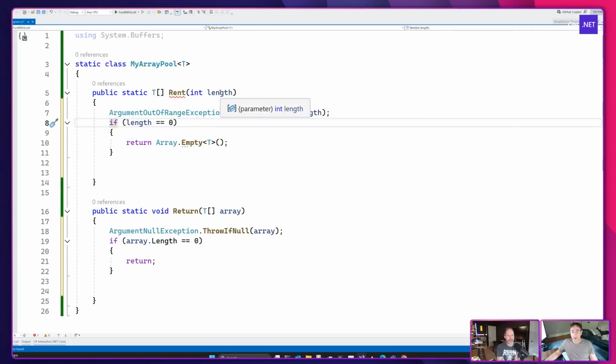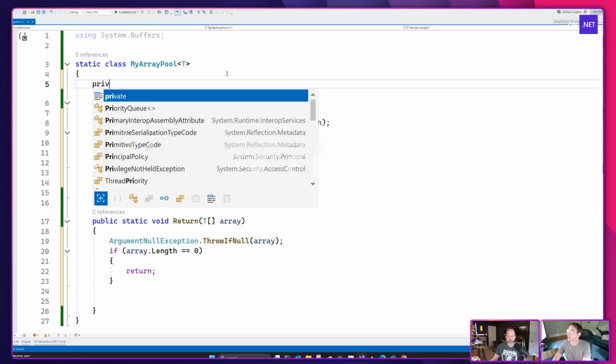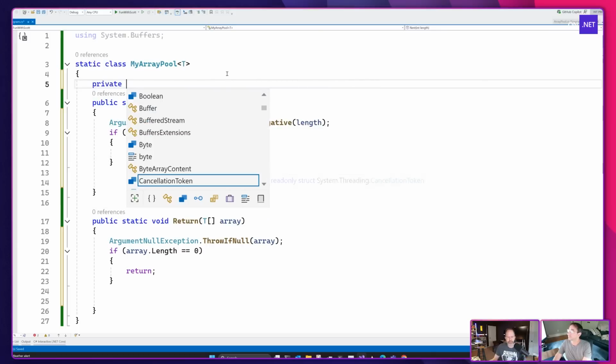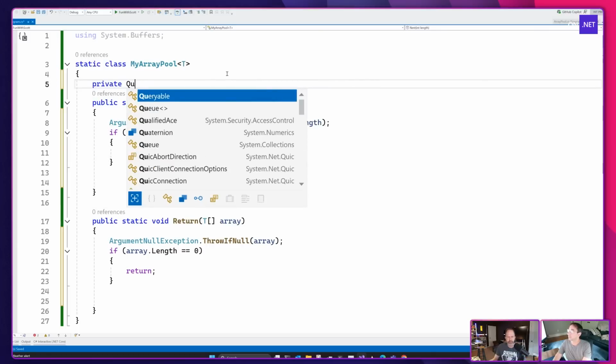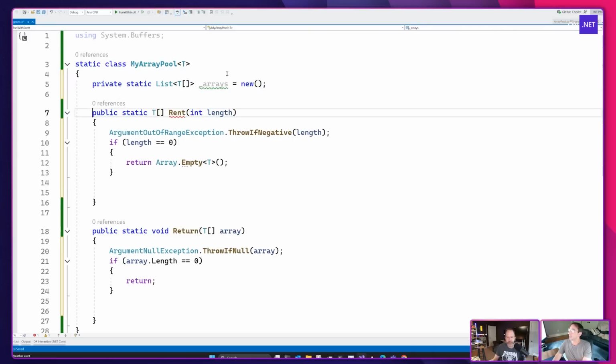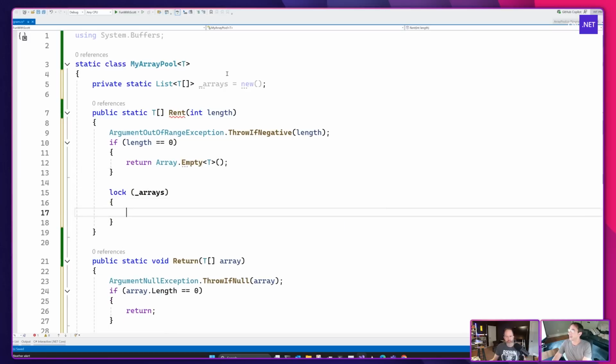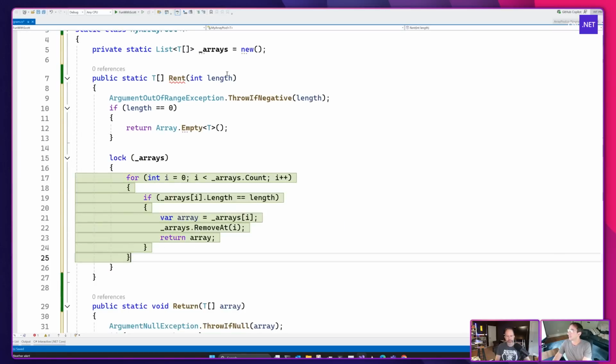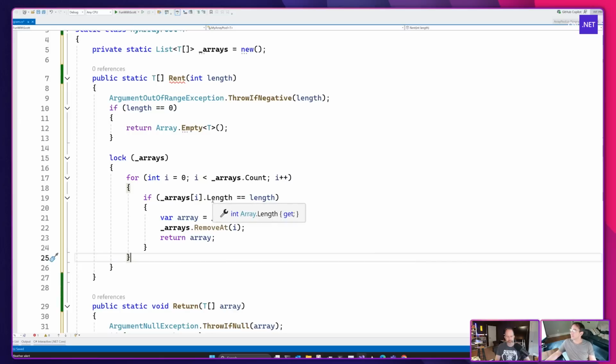So I have a variety of options here, because I'm going to be dealing with different lengths of arrays. I could just have a single, say, list of T array. This needs to be static. And in here, I could lock on that, and then I could loop through it, checking to see if I